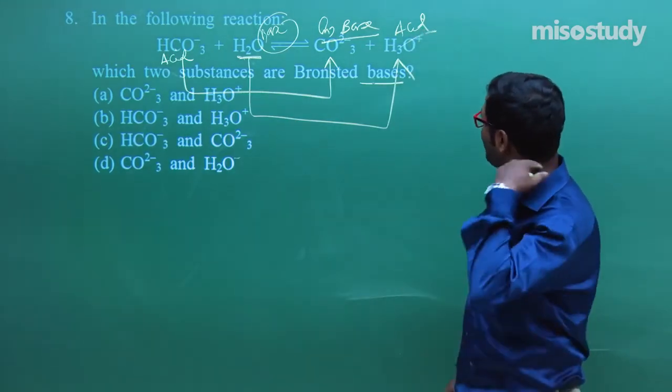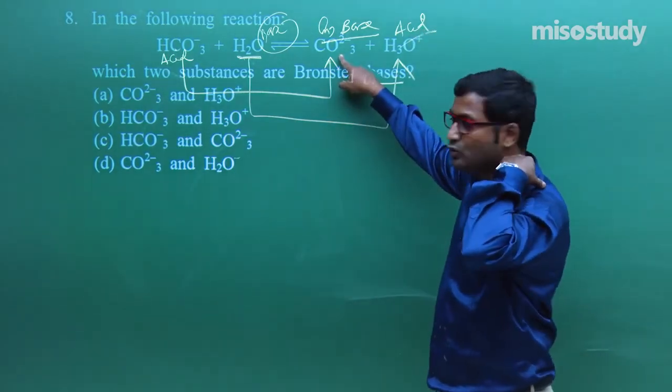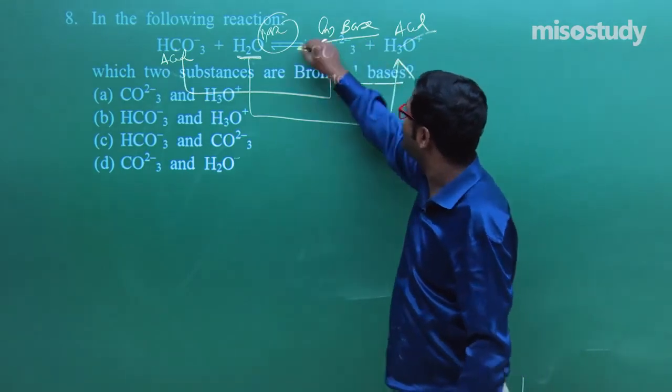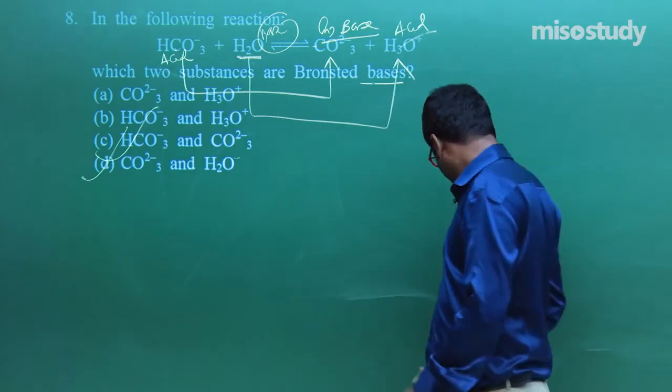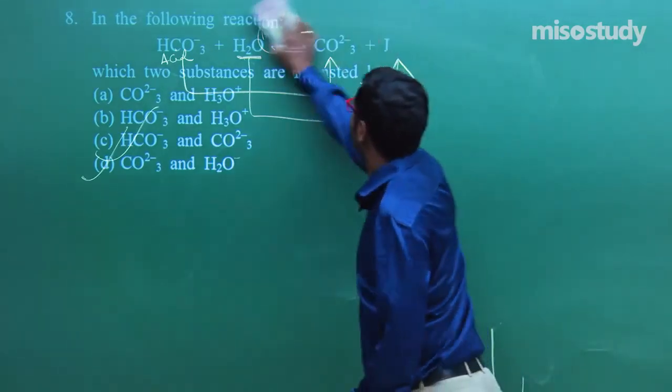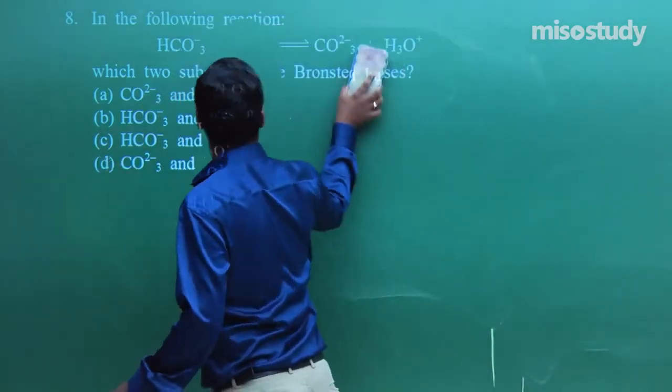So which ones are the Bronsted bases? That is CO3 2 minus and H2O. So D is the correct option. Clear, friend? Now I am going to rub this part and we'll discuss the next one. The next one is